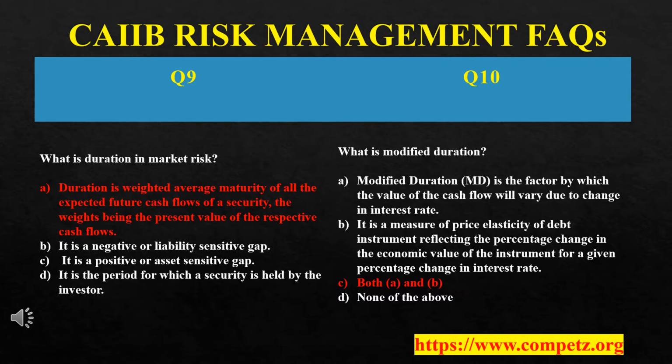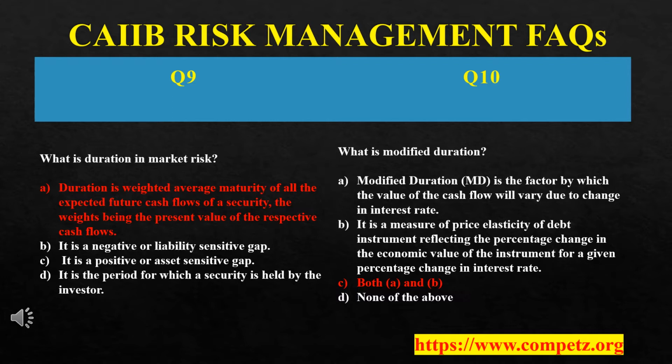Option A: duration is the weighted average maturity of all the expected future cash flows of a security, the weights being the present value of the respective cash flows. I will give you an example. Let us take a 3-year bond of rupees 10,000 which pays interest of, let's say, rupees 100 after 1 year,